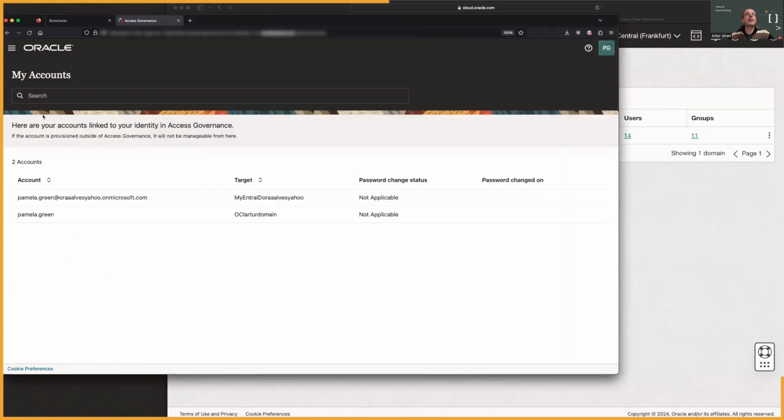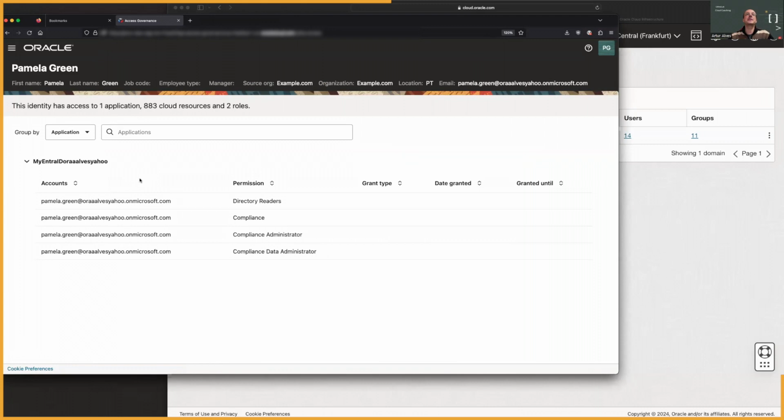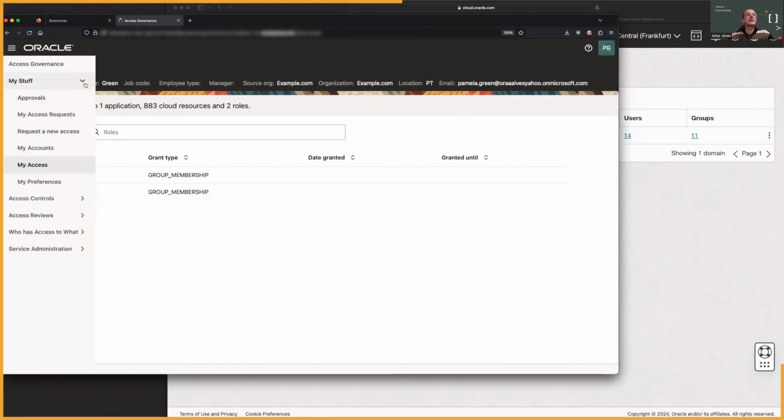Then you can also see access details. So Pamela on the Entra ID environment has some group memberships and roles associated. She also has OCI roles of her own. I told you she's an OAG administrator, so that's why I can show you all of this using the Pamela user account. She is also a regular user of OAG, so she can log on to the console and show all this information. All right, so that's, I think, the summary of the environment and how it is built.